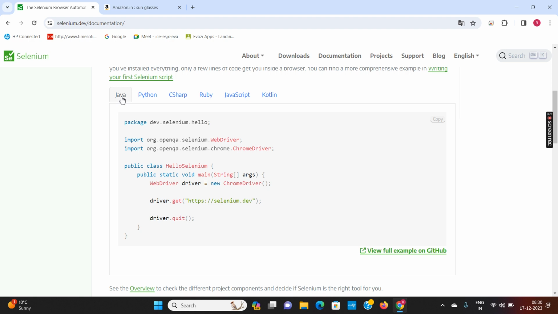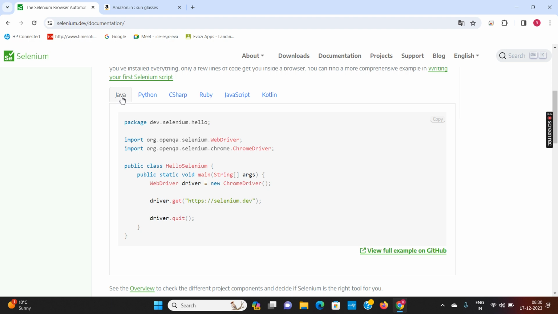Again, when you look at the tutorials available on the web, Selenium tutorials or Appium tutorials, you will see 80 to 90% of the tutorials are Java based.